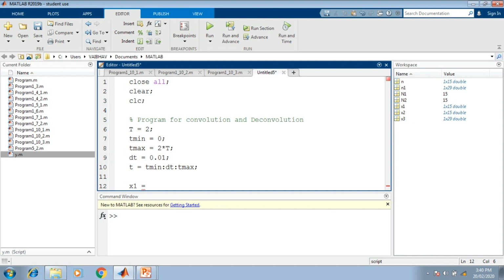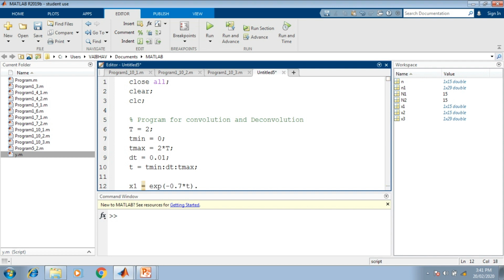So x1 we can write as the exponential, so exp is the syntax we shall make use of, and within the pair of parentheses the power is minus 0.7 times t here. Times means multiplication, so an asterisk is to be given here.